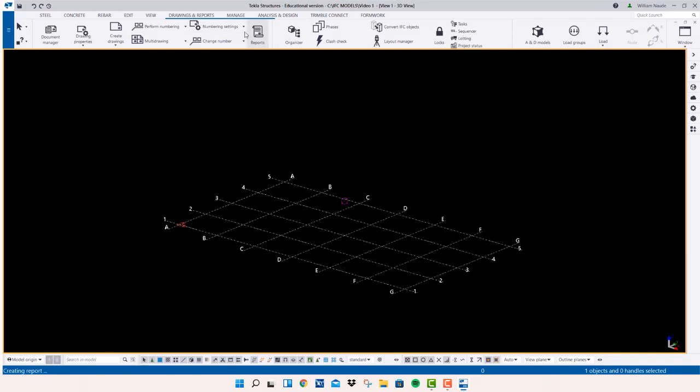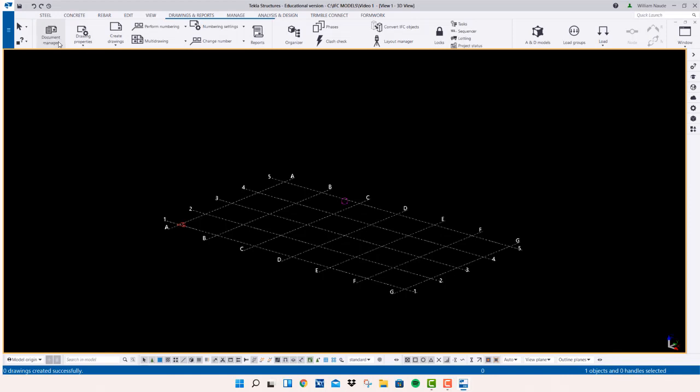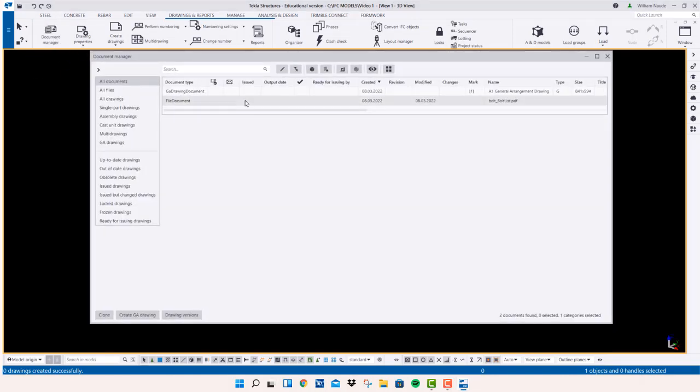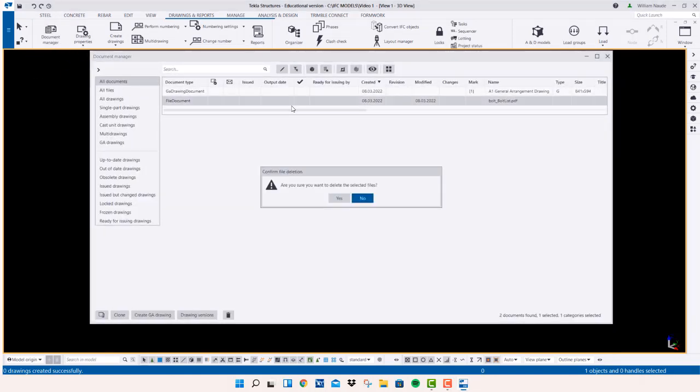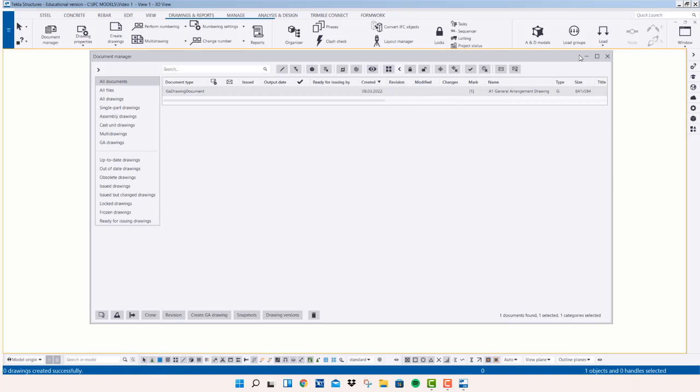Okay, it will appear in your reports and also in your drawings. So I'm going to create a quick GA drawing, just like so. There we go. Create, go to my docket manager, and I'm going to open, just delete that. And I'm going to open up the drawing. Now, as soon as it's open and I minimize it,